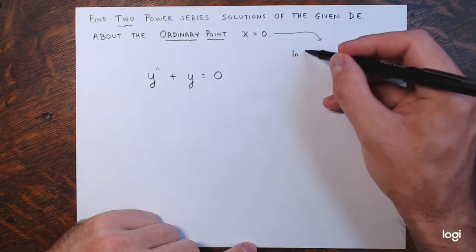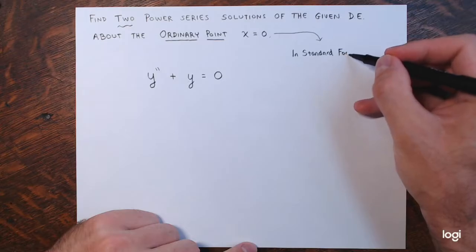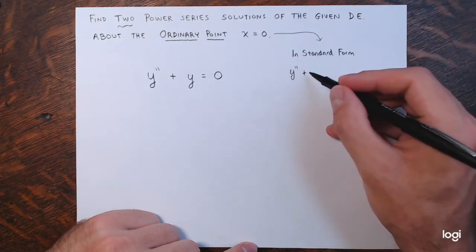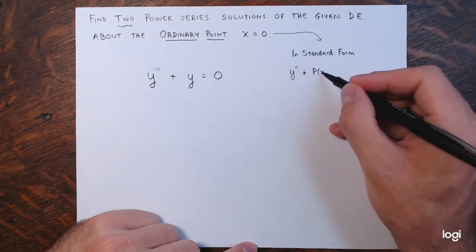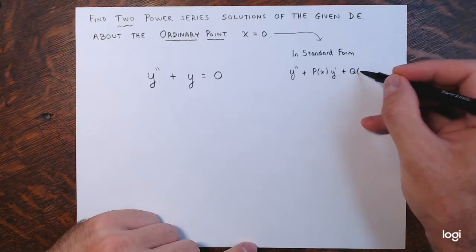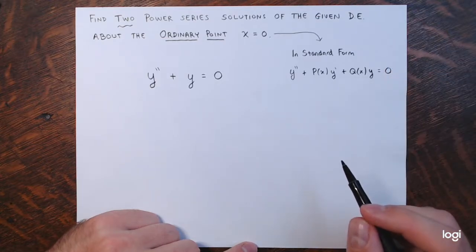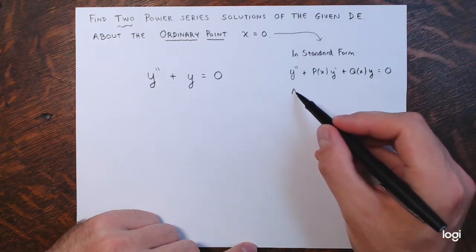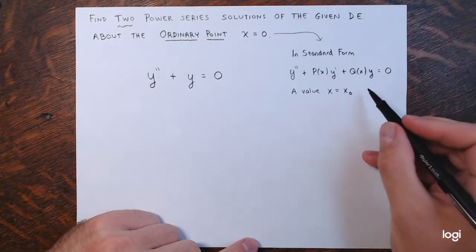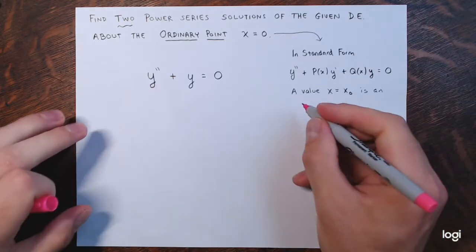But if you put the equation in standard form, a homogeneous second order equation, so y double prime plus some function of the independent variable x, P of x, times y prime plus some other function, say capital Q of x, times y equals 0, a value x equals x sub 0 is an ordinary point of the differential equation